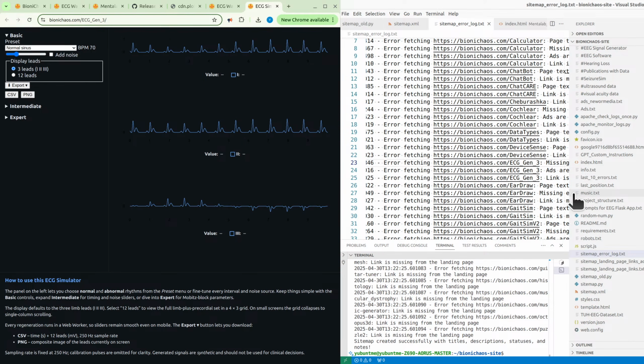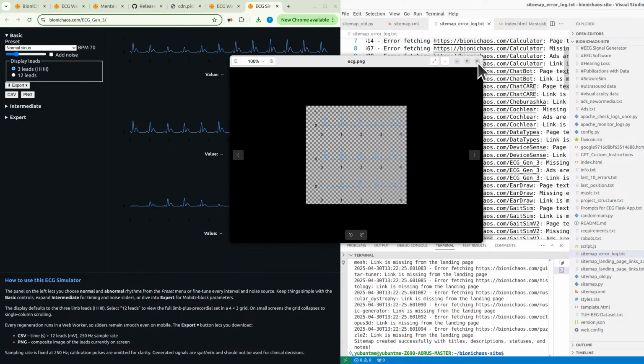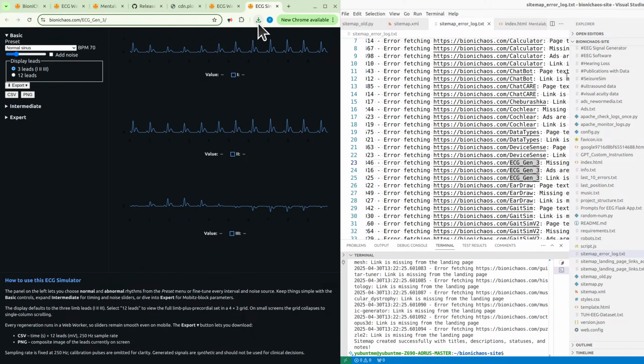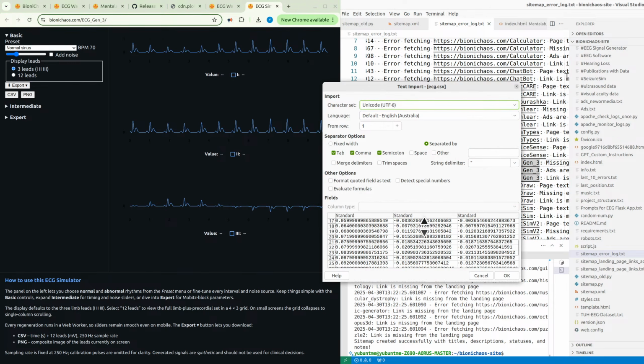So I have another ECG signal generator, synthetic obviously. You can export your signals as a PNG with no background or as CSV, so that's handy. This should have all the electrodes: 1, 2, 3, aVR, aVL, aVF, V1 and 2, V6.